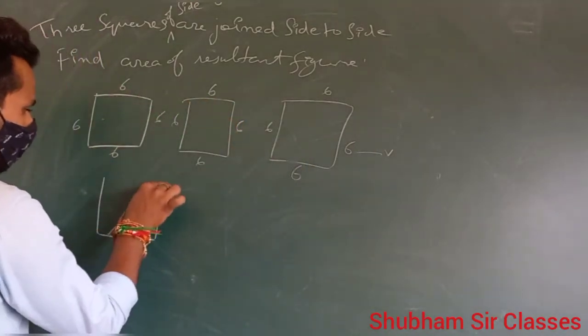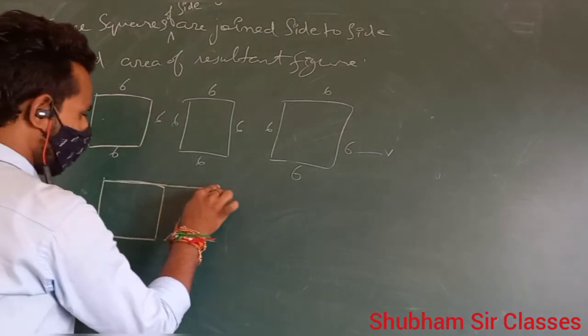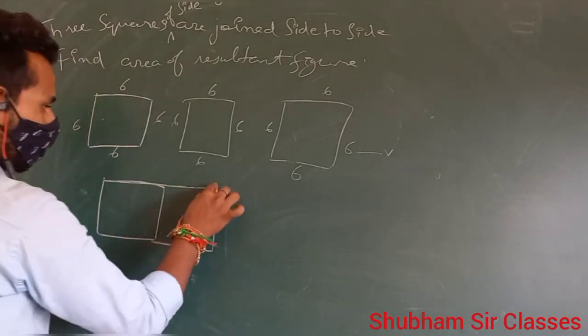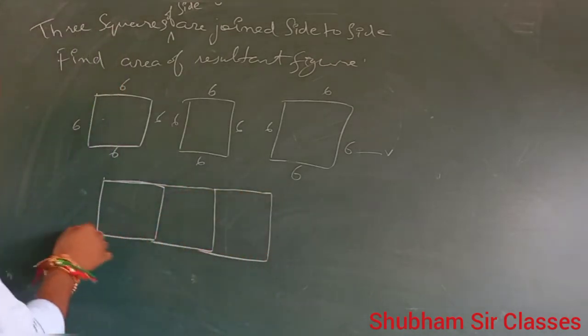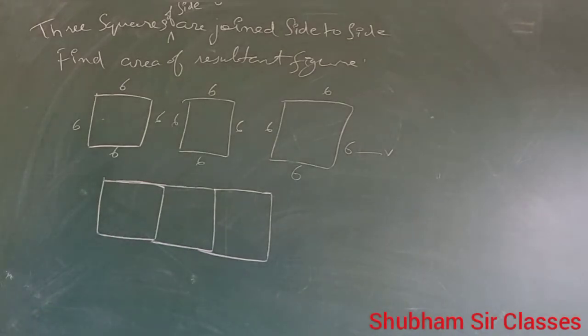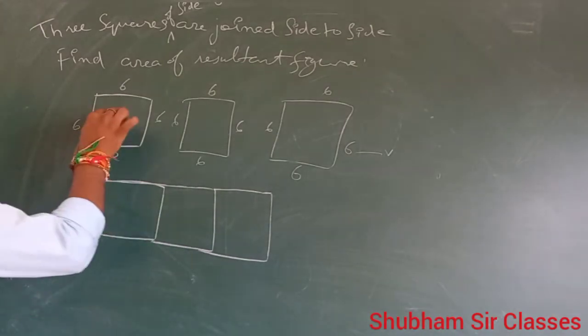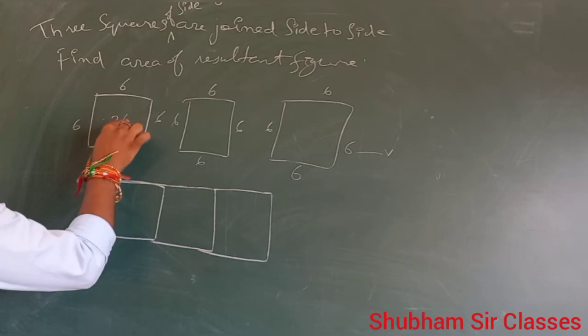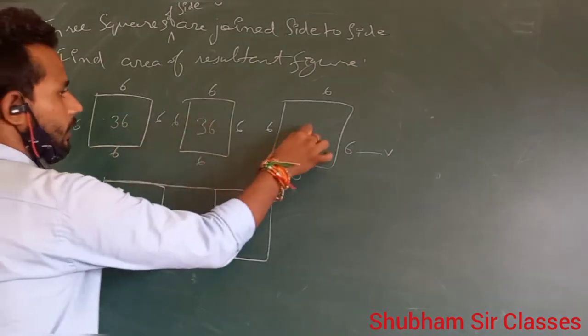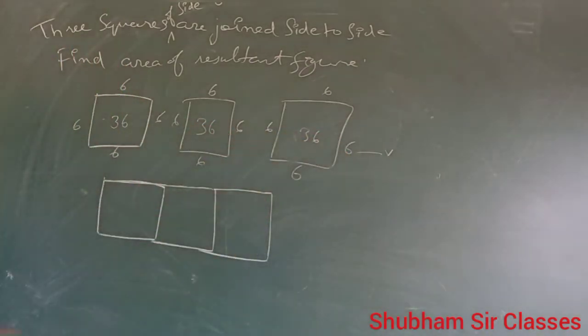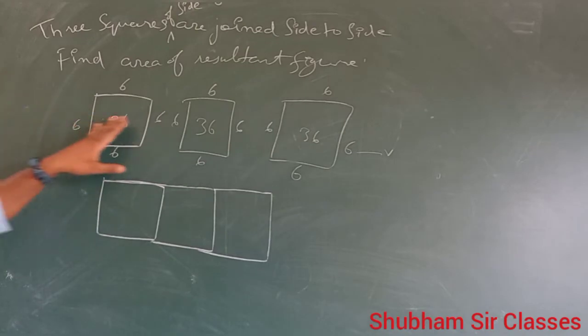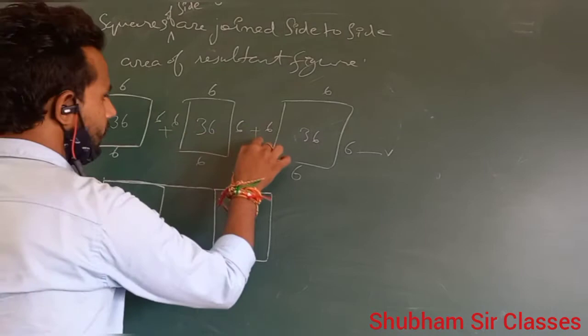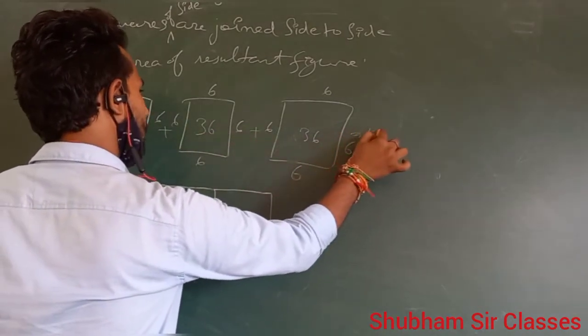This is the first square, joined by another square of the same side. Now we have to find the area of this resultant. We can separately find the areas of these 3 squares. If we add all of them, we get 36 plus 36 plus 36, that is 108